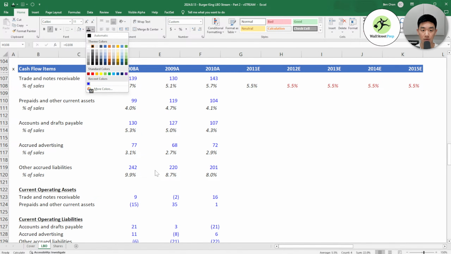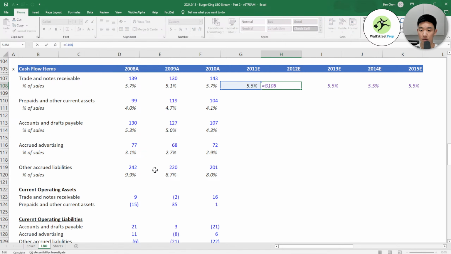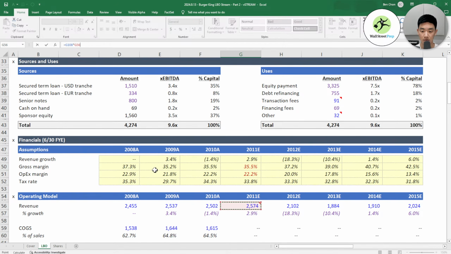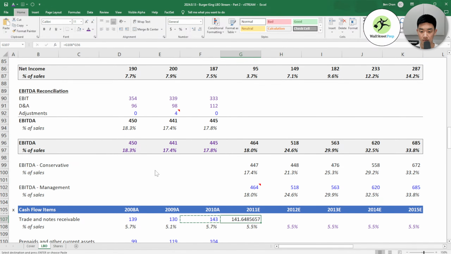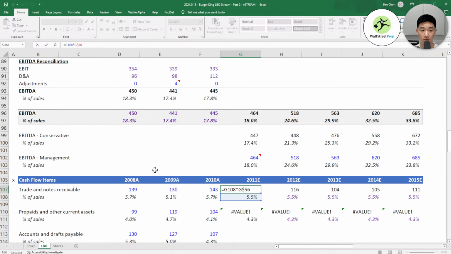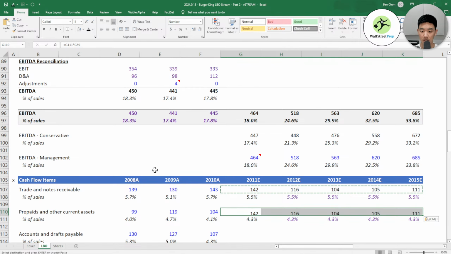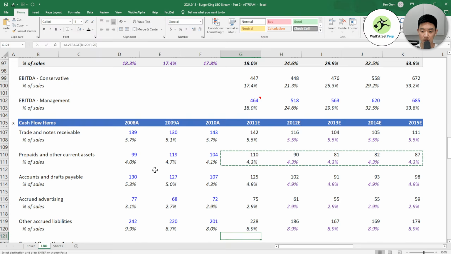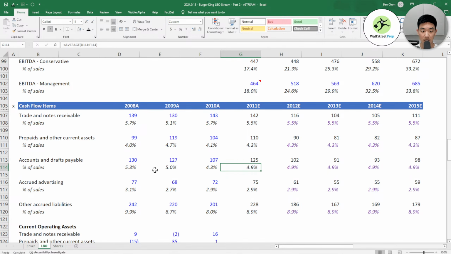And I'm going to make this purple because purple means you are linking to a cell in the same sheet. We are doing this as a percentage of sales, so we can just multiply this by our sales number that's up here. Do some formatting here, and then we can just copy paste this down for each row. Oops, I did not anchor this. So F4 to row 56. And then you can multiply this down. Since everything is following a similar pattern, we can just copy paste these down. And so that's our